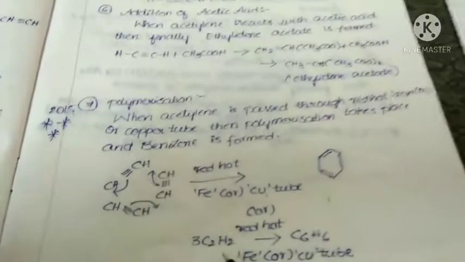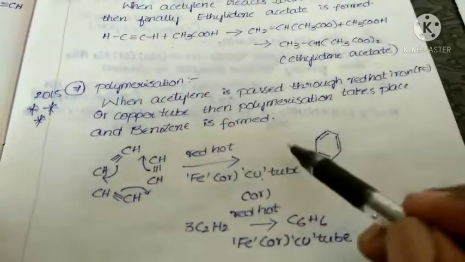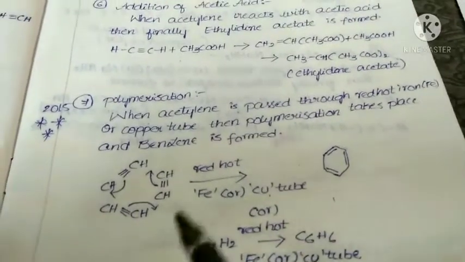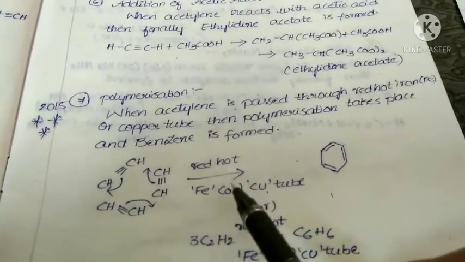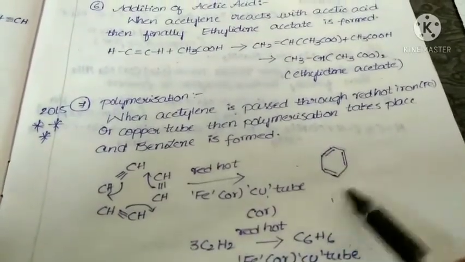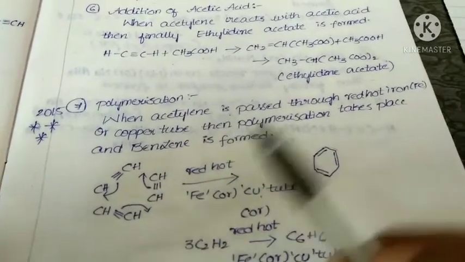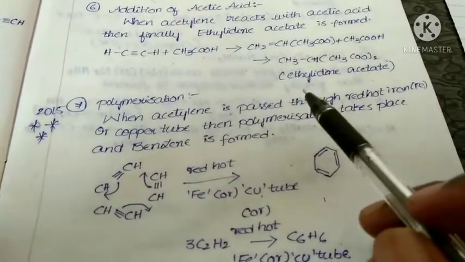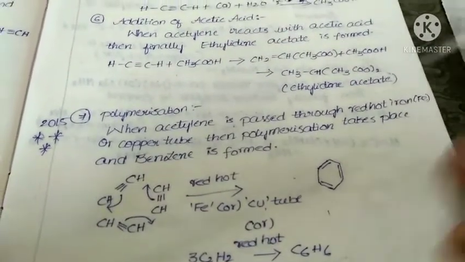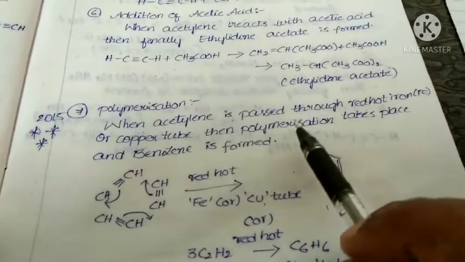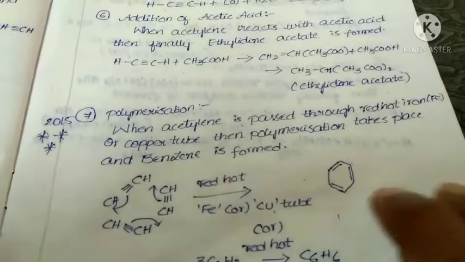That is what, students? Benzene. Or simply we can write like this: 3C2H2 gives rise to C6H6. We can write either this equation or this equation. So this is also a very important reaction. Whenever ethylene is passed through a red hot iron tube, then we get benzene. In questions, they will not mention that 3 ethylene molecules undergo the red hot iron tube. They will not mention like that. They used to mention that when ethylene is passed through a red hot iron tube, what is the product formed? They ask such questions.